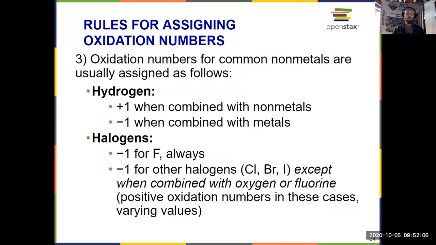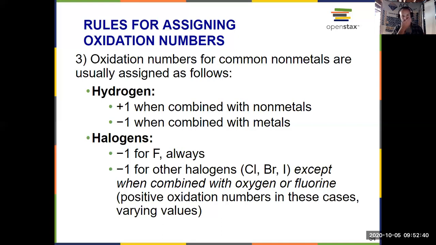For the other halogens in group 17, chlorine, bromine, and iodine, they're usually -1 unless they're bonded to fluorine, because fluorine wins that one out. Fluorine would be -1, and the halogen would be something else. Or if they're bonded to oxygen, and we have the rule coming for oxygen on the next slide. So your halogens are -1 unless they're bonded to fluorine or oxygen, in which case they'll get a positive oxidation